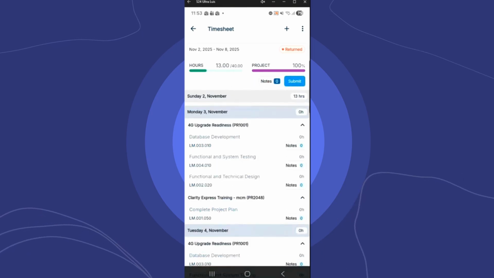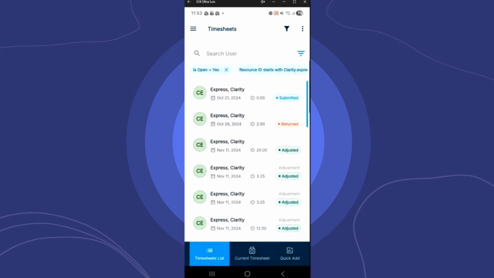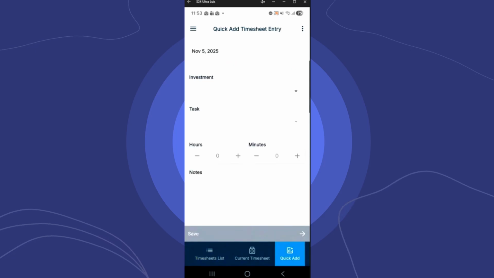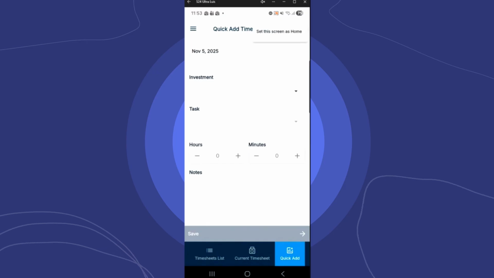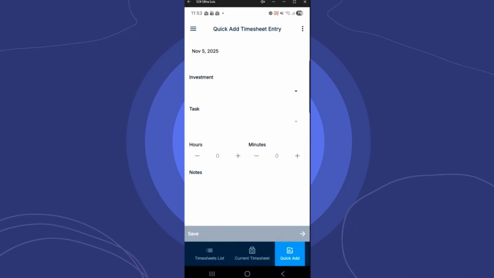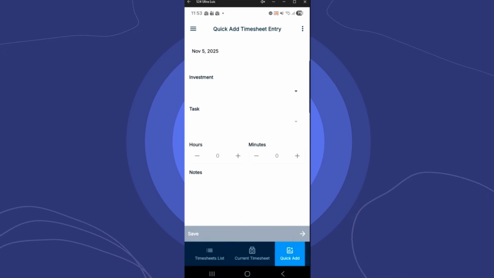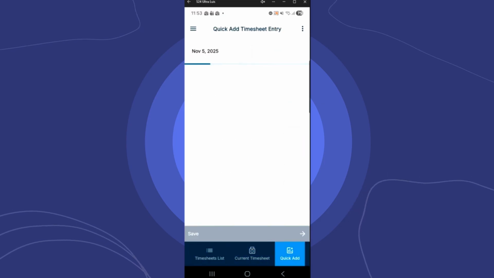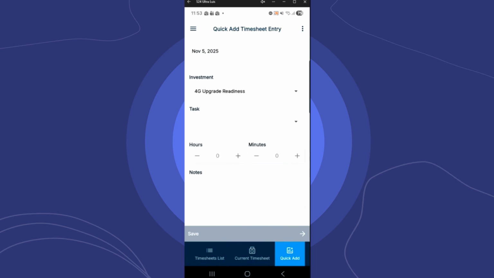Now, the last feature I wanted to show you on timesheets is our Quick Add option. The nice thing about Quick Add is we're intending this to behave as a widget. It's available to be set at the home screen. It's also available throughout investments, and I'm going to show you that in a minute. But the nice thing about Quick Add is an extra option for people in the field to easily go to a section, and instead of interacting with the whole timesheet, you just go to Quick Add, you select a specific investment,